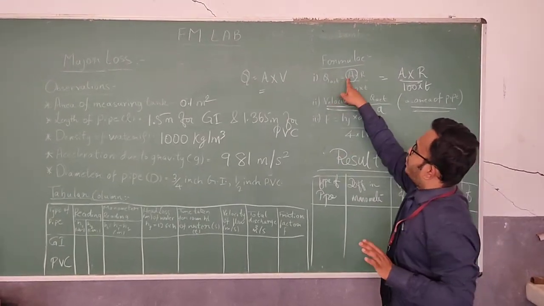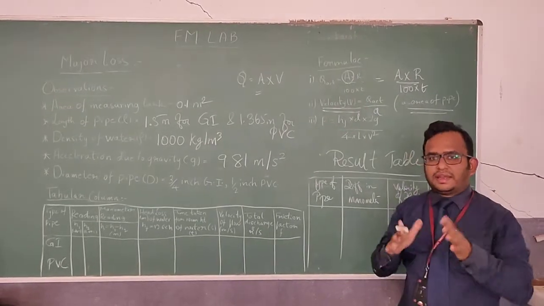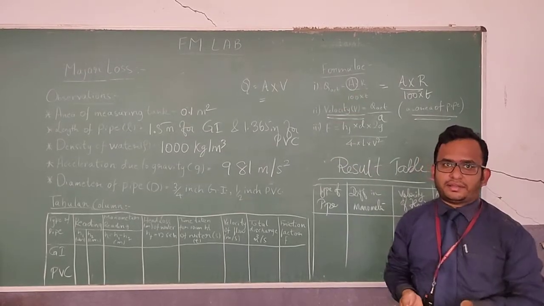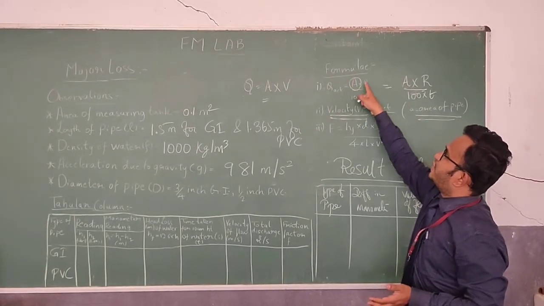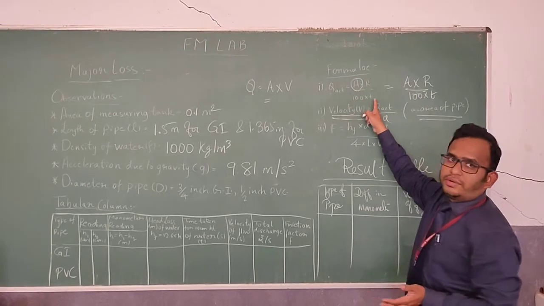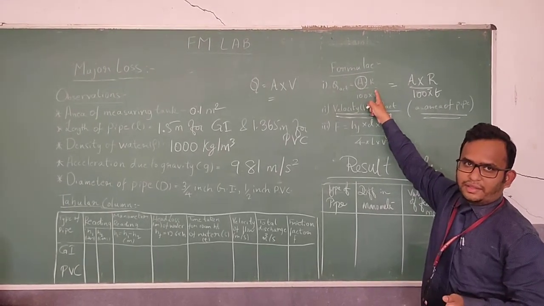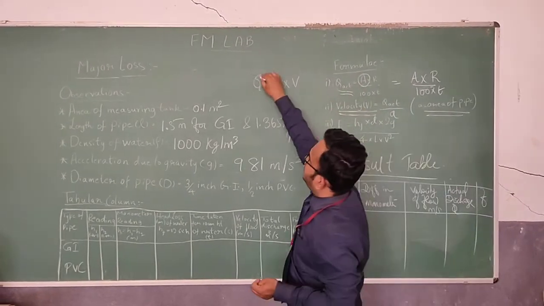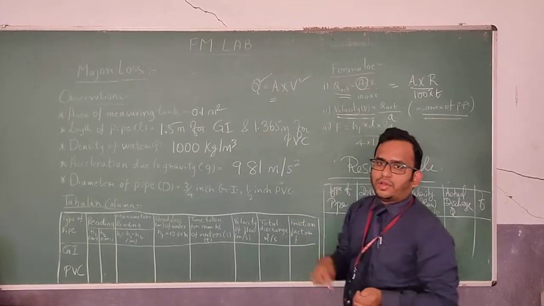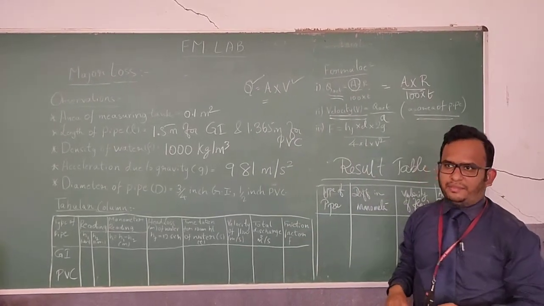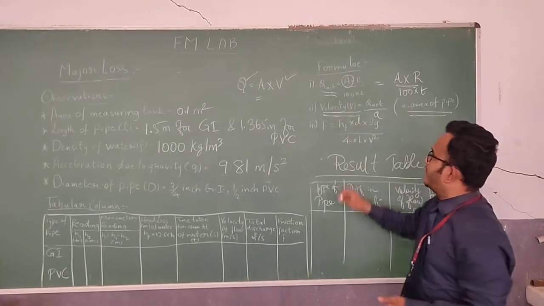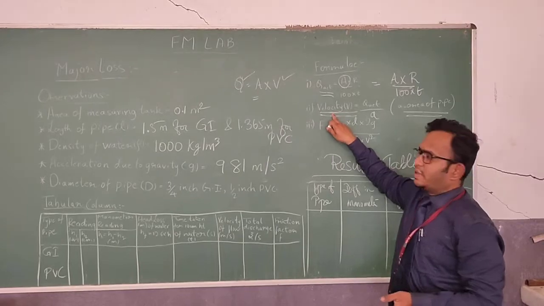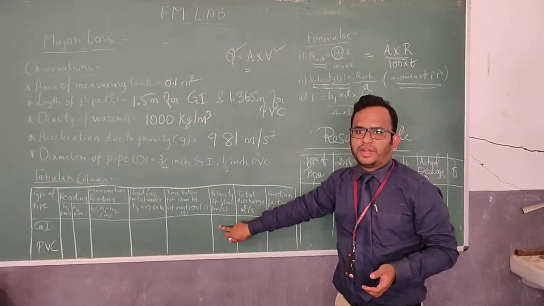Here, whatever area we are taking is for the measuring tank. So Q actual equal to area of the measuring tank into 10 centimeter divided by 100 into time taken to fill that tank. That is your Q actual. After finding Q actual, you have to find the velocity of the fluid flowing through that pipe, which is entering into the discharge tank. So Q actual by area, where area of the pipe is A. You have calculated the velocity, and you note it down here.